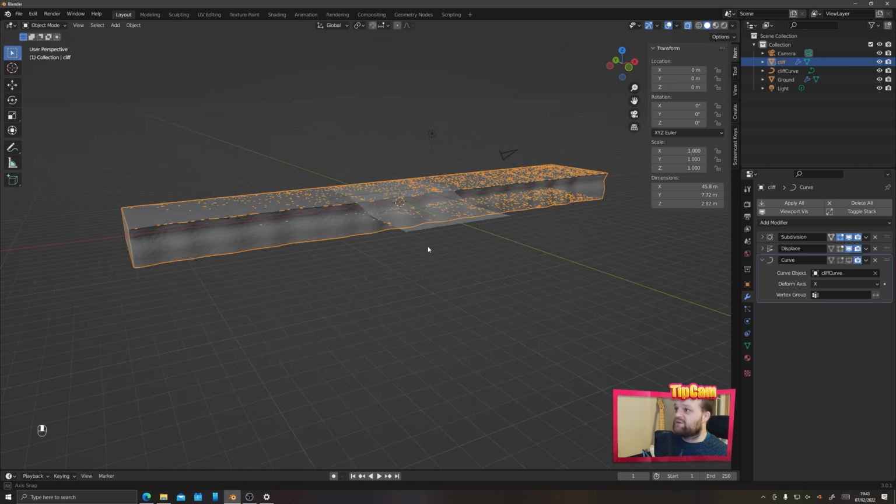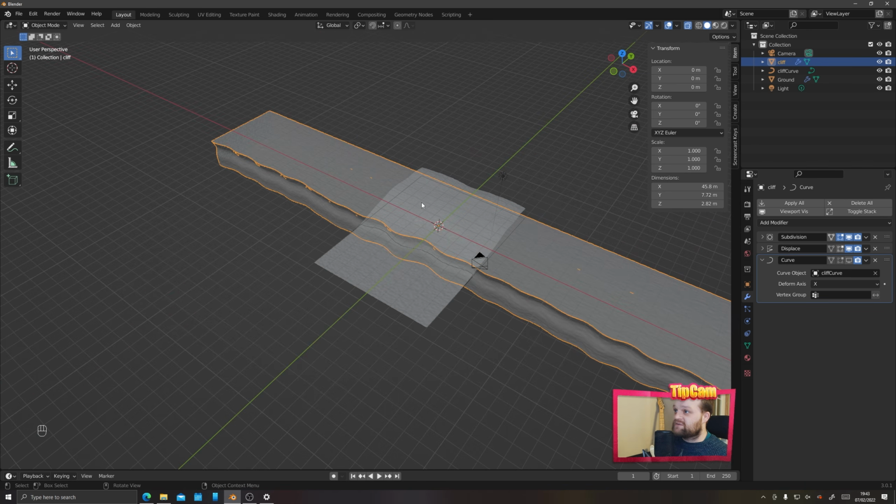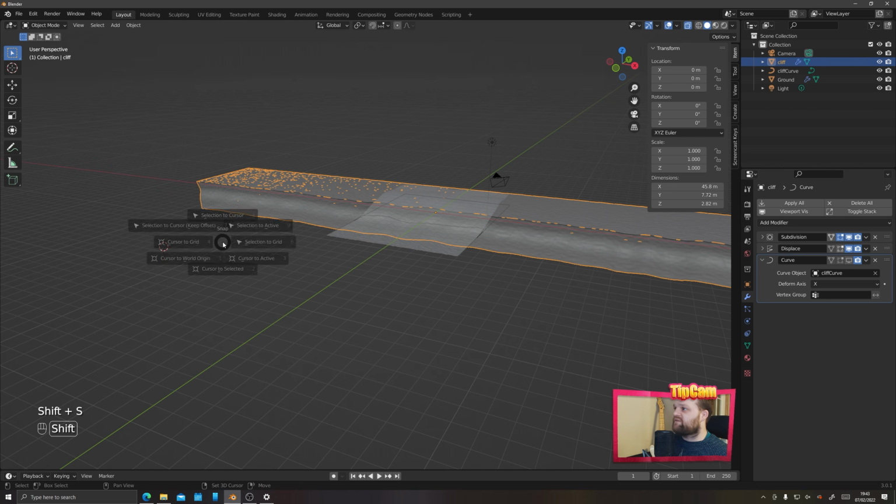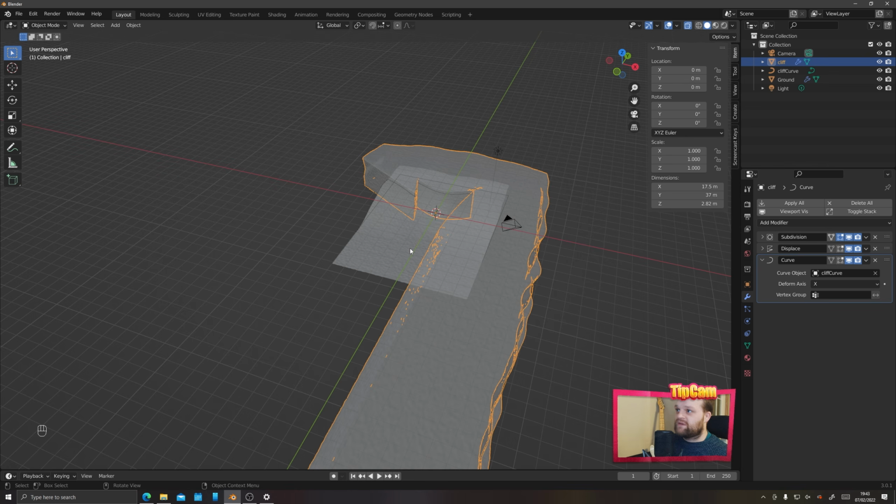Bam, which should still be at the world origin. If your cursor isn't at the world origin, if you accidentally moved it somehow, perhaps by holding Shift and right clicking and accidentally moving your 3D cursor around, you can press Shift S and then choose cursor to world origin to put it back. Now when I turn my curve object on, it's going to be a little bit more